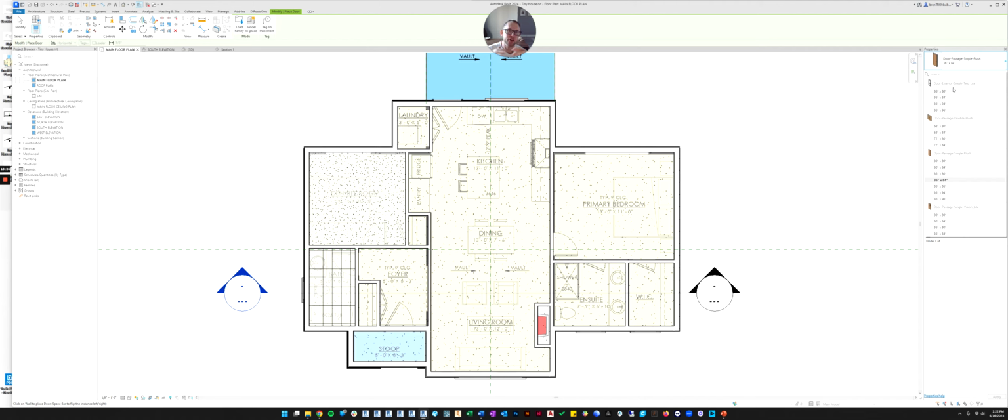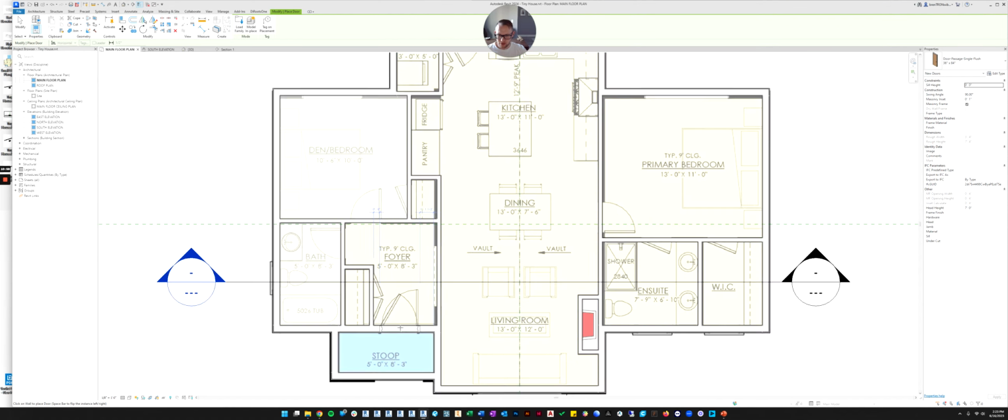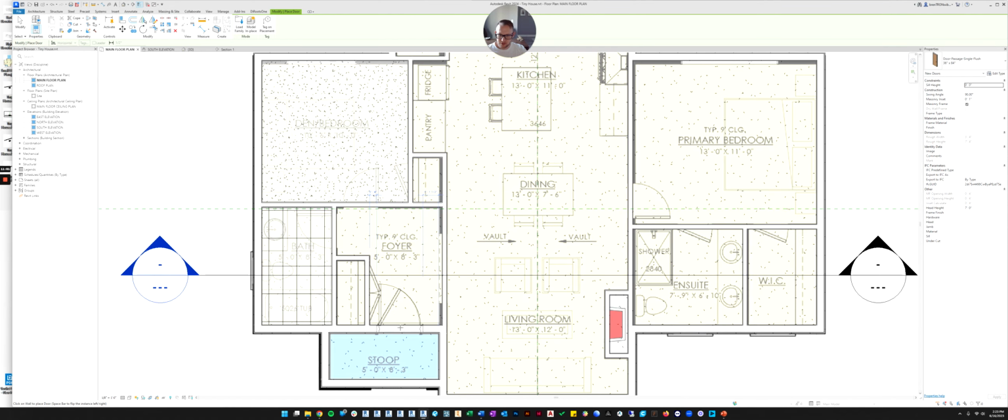So Slick has bought for you, they've done student academic licenses, so you're allowed to use some professional families that I built in your exercises here at Slick. I'm going to show you how to load those because those families are a lot better than these ones, and you get a lot more choices. Because right now, if you're trying to pick a front door, which one of these is really saying front door to you? None of them are really great for a front door. But for now, we'll pick this single flush door, 36 by 84, and we're just going to put it as the front door. And I'm going to hit the space bar to flip it.